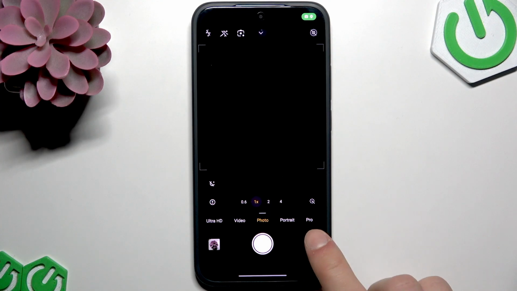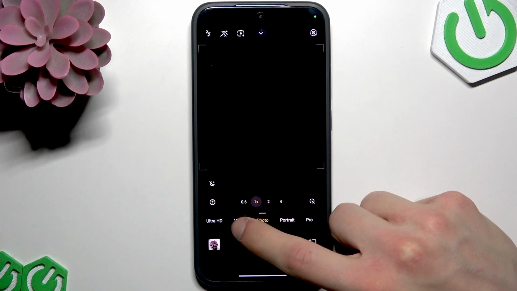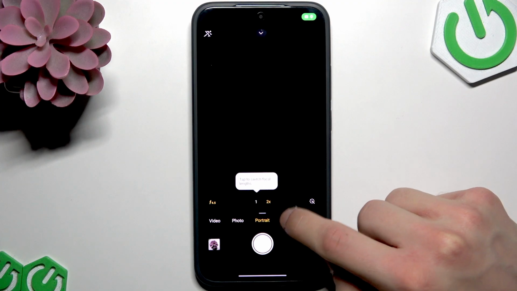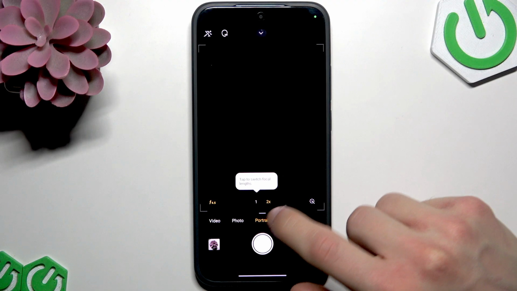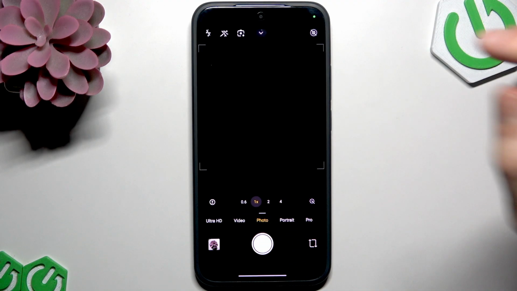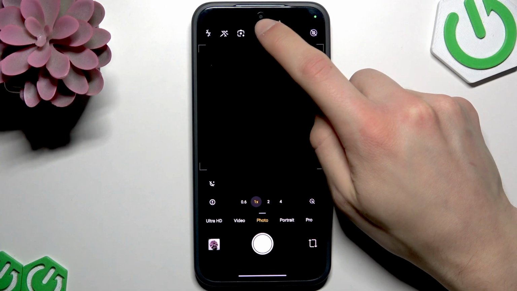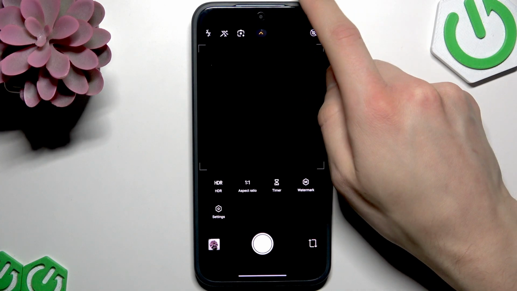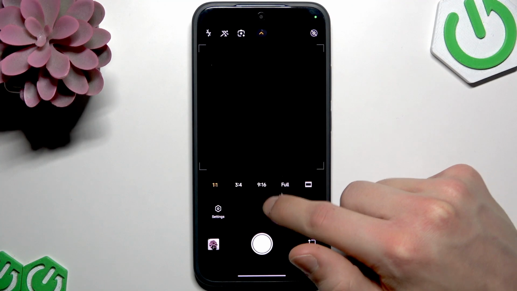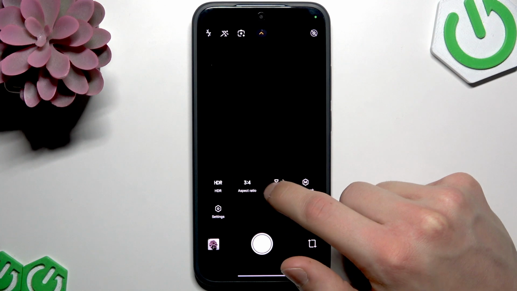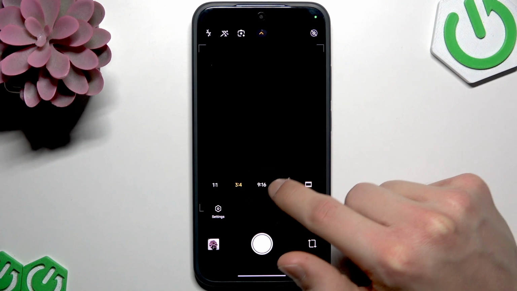First, let's open the camera application. Then in camera, we can pick video, photo, portrait or pro modes to change the aspect ratio, and in each mode it is changed in the very same way. All we have to do is tap the arrow icon at the bottom of your screen, then select aspect ratio in the popping up menu and select one of the values you see right here,